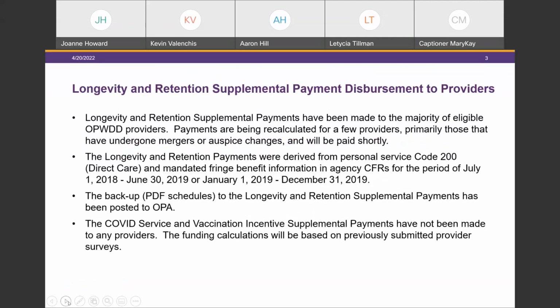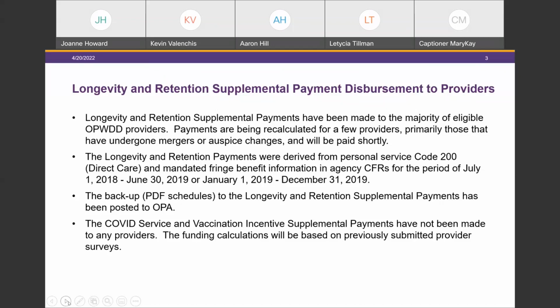First of all, let's discuss some questions that we have received prior to this webinar that are specific to this topic. The first question: our agency auspice changed a portion of our residential programs to another provider. We continue to operate the balance of the residences. Should we develop a methodology to split the funding we've received with that other provider? And the response is yes.